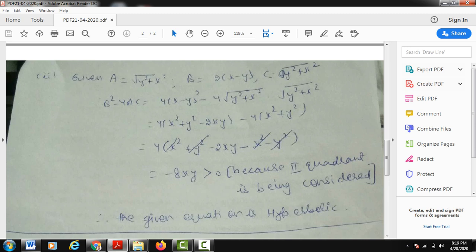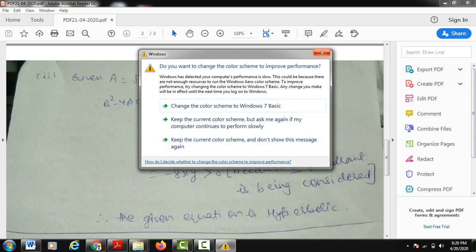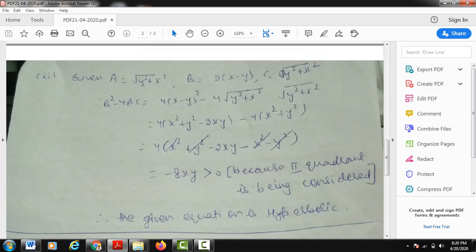Now I have to see whether this term is positive or negative. So the second quadrant of the plane is considered. Now in the first quadrant of the plane, both x and y are positive, abscissa and ordinate. In the second quadrant, x is negative, y is positive. In the third quadrant, x and y both are negative, and in the fourth quadrant, x is positive and y is negative. So as the second quadrant is being considered over here, these things we have read in very lower classes. So in the second quadrant, x is negative, y is positive. So the product of x and y will be negative, as plus into minus is minus.